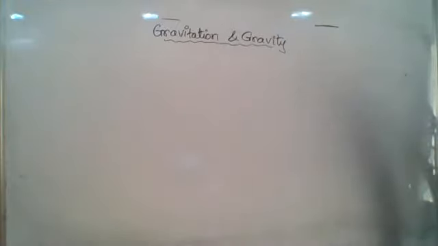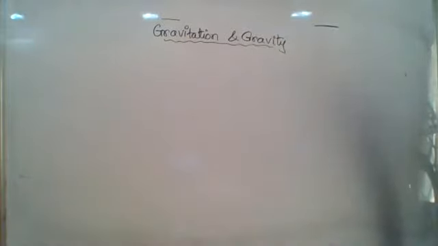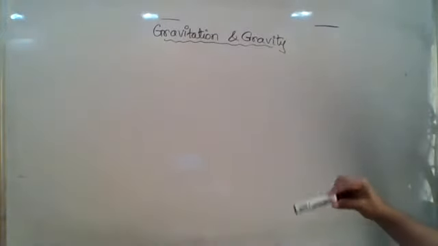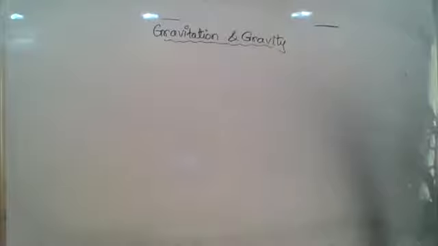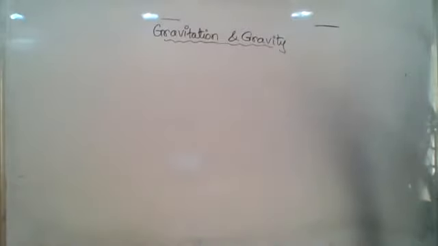Now we are saying that if I leave an object, it will fall down. Why is it falling down? Because Earth is attracting it, which is known as gravity. The force that is exerted by the Earth on this object is known as gravity. Due to gravity, the body is moving. So as one force is acting on it, which is gravity, some acceleration will be there, because we all said that whenever there is some force applied, there is a velocity change and there is acceleration.